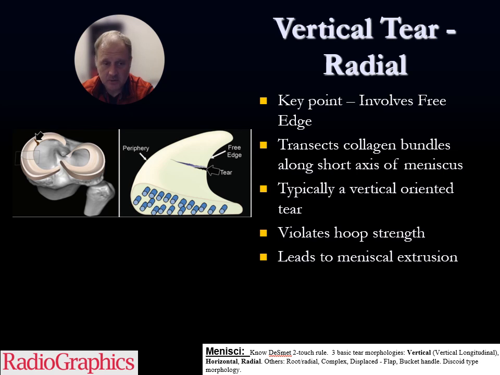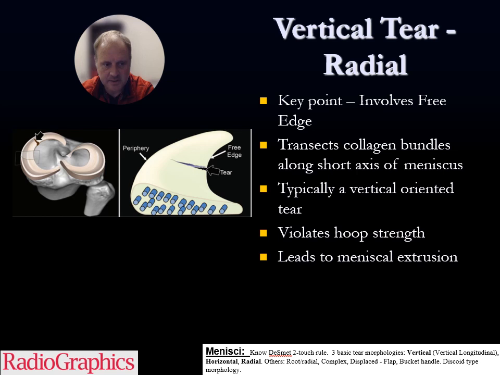Vertical tear radial is another orientation of tear. You'll notice that it is not in the vertical longitudinal. It's actually across, and it involves what is the key point, the free edge of the meniscus. So this tear transects the collagen bundles along the short axis and also has a vertical linear appearance. It violates the hoop strength and is what the most common tear would be to lead to meniscus extrusion, which